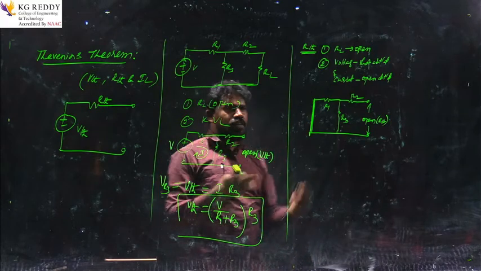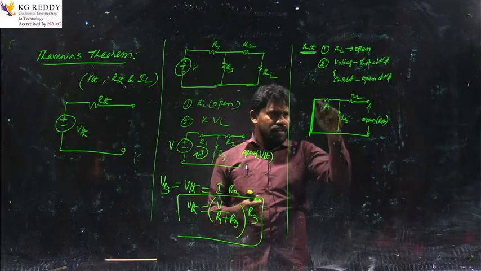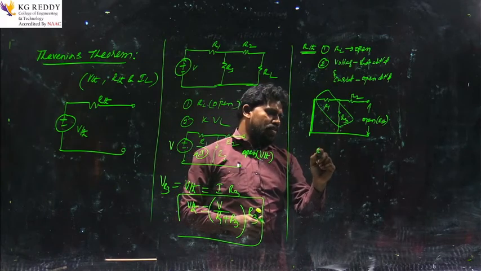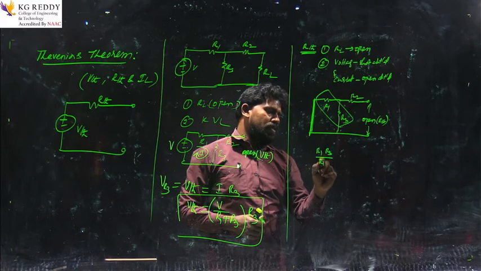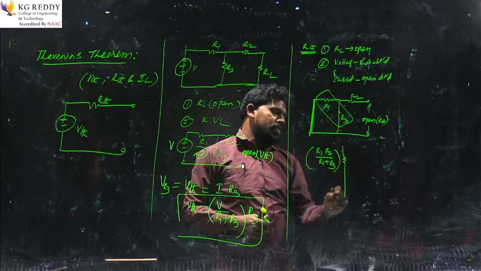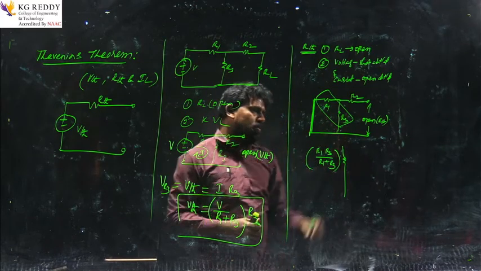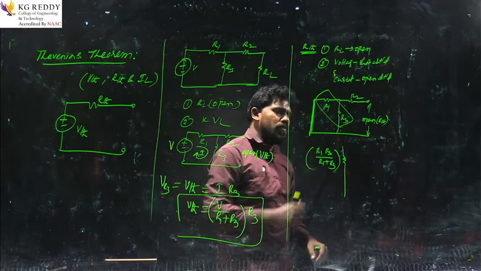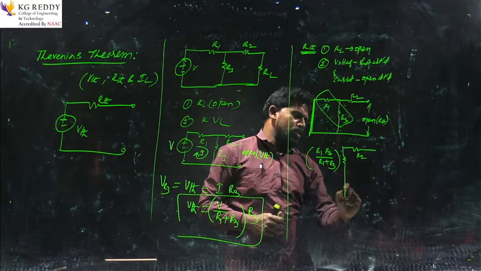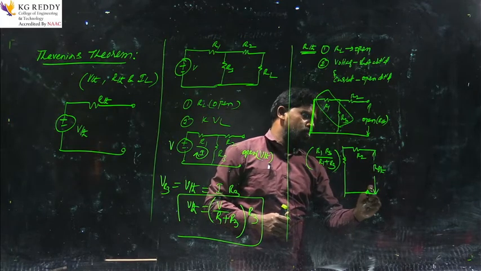Now, we are already well aware of series and parallel connections. While observing this network, R1 and R3 are in parallel. What is the resultant value? R1 into R3 by R1 plus R3. So, I am going to redraw this equivalent circuit. The resultant of these two parallel resistances becomes R1 into R3 by R1 plus R3, and the remaining one as it is, this is R2. Now I am going to find RTH across these open terminals.